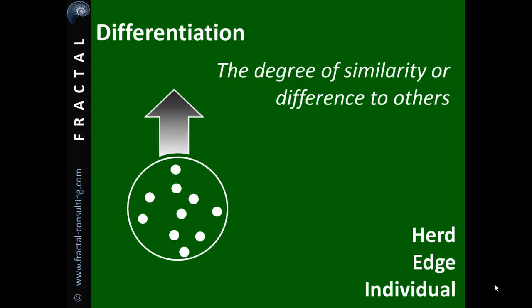The most differentiated position is individual, and an individual is part of the same ecosystem as the herd but stands apart from it, separate from it, and they're different in what they do or how they do it. An individual can set the direction for the herd from that separate position, although that's not its intent. Or they can hold on to values which the herd has abandoned, or just do their own thing in a particular market niche or segment.